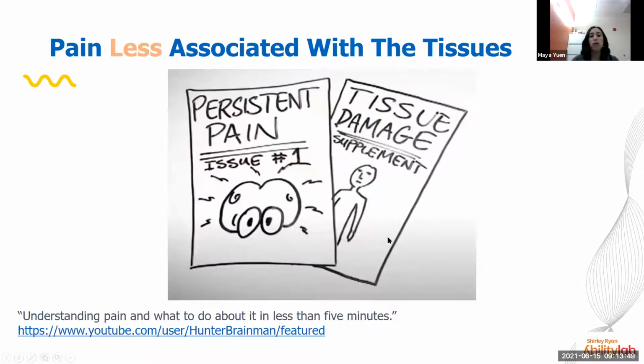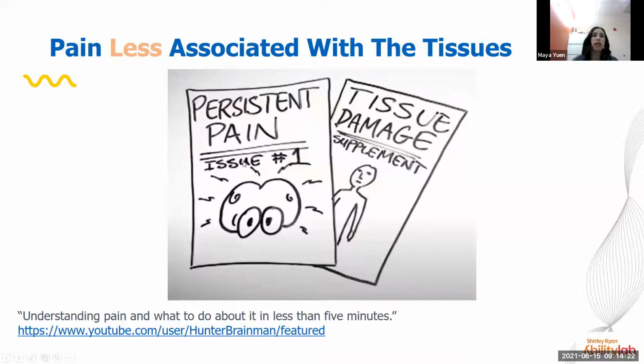So we know that once something serious has been ruled out, most things in the body are healed about as well as they can be healed by about 3 to 6 months, which is another reason why Dr. Margolis mentioned, how do you know when it's time to refer to chronic pain? After it's been 3 to 6 months, we know tissue healing has occurred for the most part. So now the pain is likely less about tissue and more about sensitivity of the nervous system.